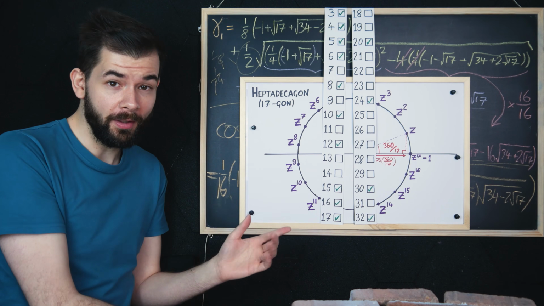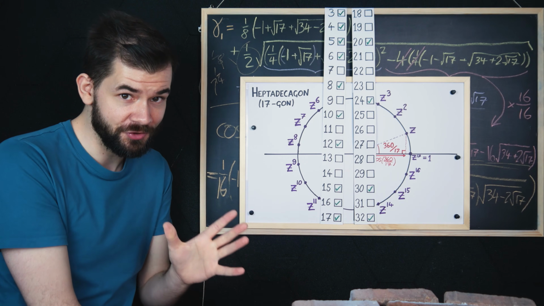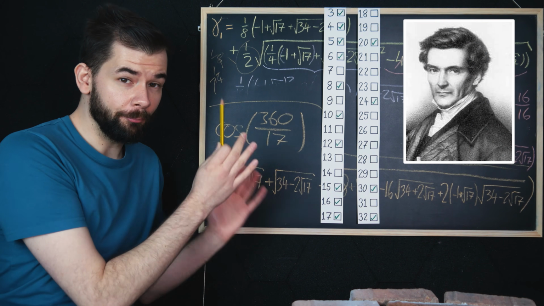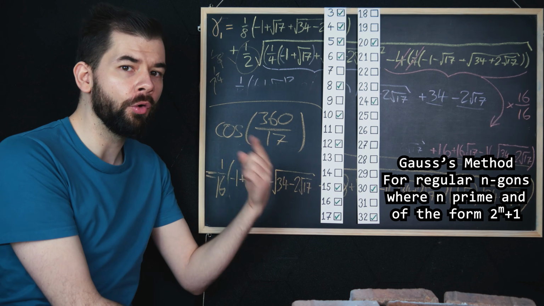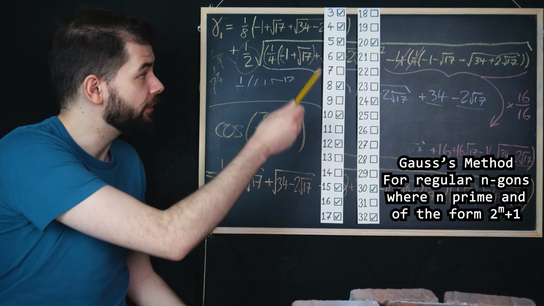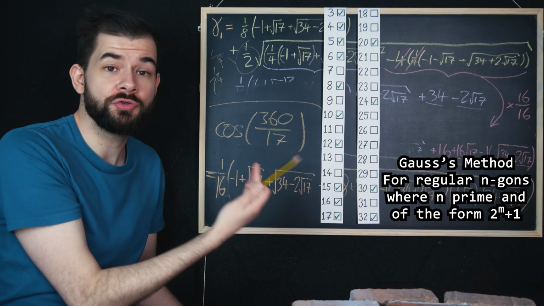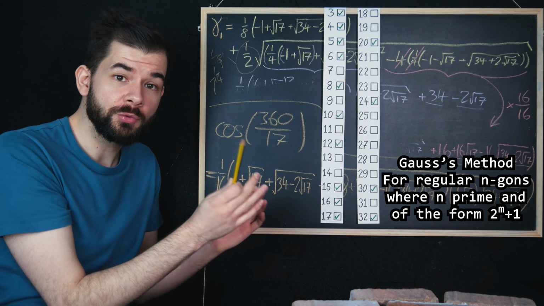Surprisingly, no, but we do have a pretty good idea, and that's due in part to another mathematician, Pierre Wantzel. See, Gauss's method only works on prime-sided polygons, and where that prime is one more than a power of 2. That's why he chose 17 and not 7, 11, or 13. The next one is 257, which is one more than 256, 2 to the power 7, so Gauss's method can